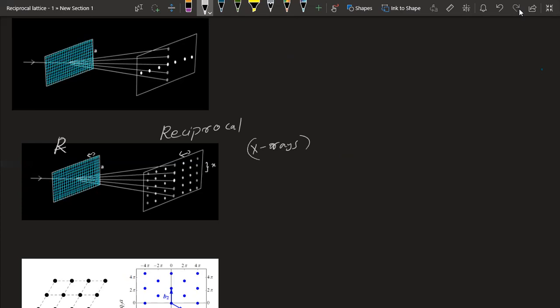So we look at this pattern, and for each crystal, say simple cubic, orthorhombic, anything, there will be a unique pattern of dots here. So by looking at this pattern, we know what crystal it is, and from the separation between these dots, we can calculate the separation between the atoms or atomic planes. Okay, so that's the idea behind the reciprocal lattice and why we need it.